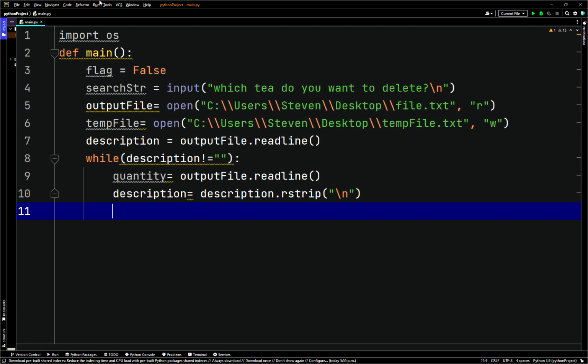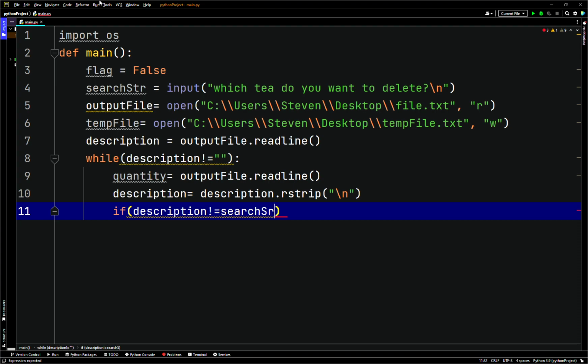And then we'll say this is correct. Yeah, so here we'll have another if. I believe this is still in the loop, but we'll say if description does not equal the search string. So if description is not equal to the search string, or search str, then we'll say,